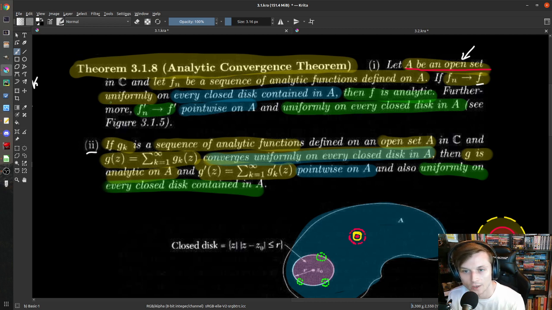This is a big old deal, but the part that maybe feels a little bit foreign is the fact that we're doing this for every closed disk contained in A. Now, the reason we're doing this is for Morera's theorem. That is, we need to get the bound that comes from uniform convergence for every closed disk in A to have everything work out right with the derivatives. Now, we also need it just because Morera's theorem requires, if we want